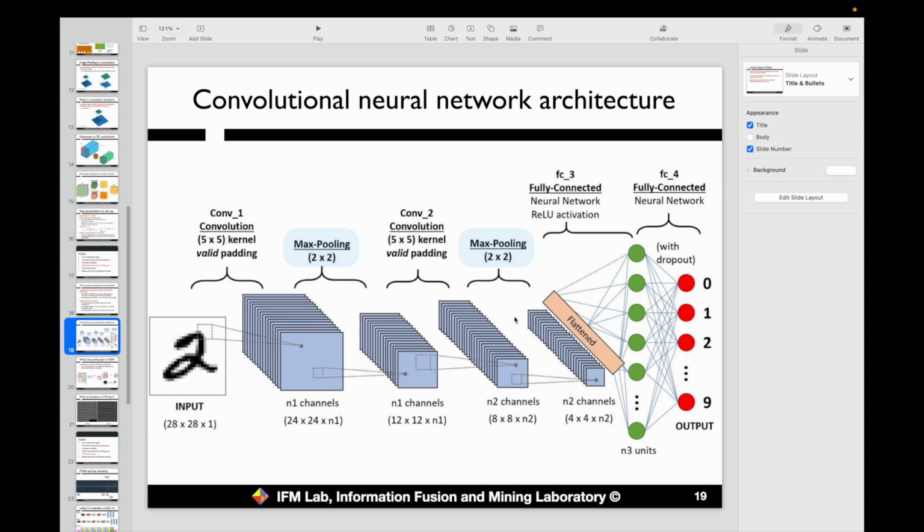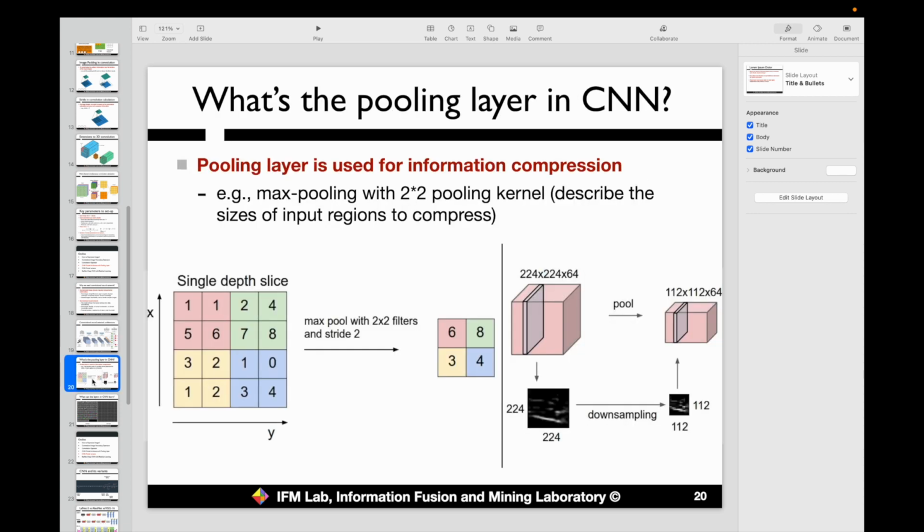Okay, you may wonder what a pooling layer is. We can provide you with more information about pooling that we can use in the CNN model. Inside the CNN model, we can use pooling layers for information compression. For example, given one matrix, which is 4 times 4 as shown here,